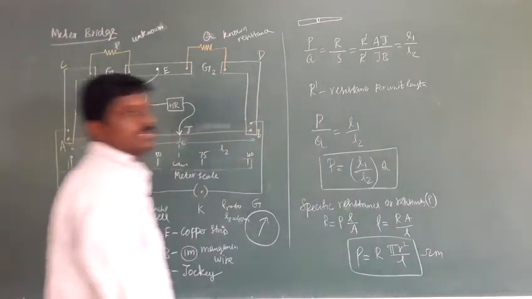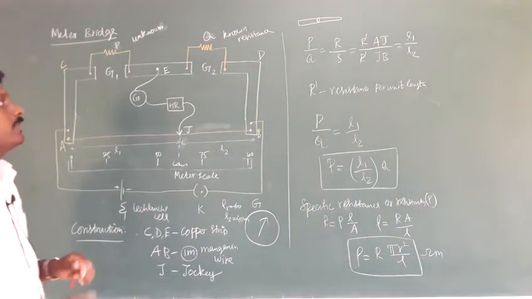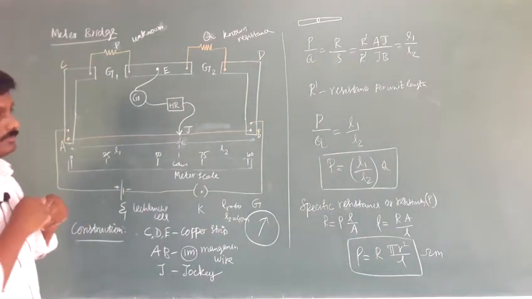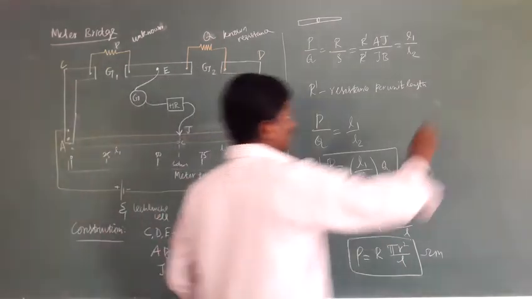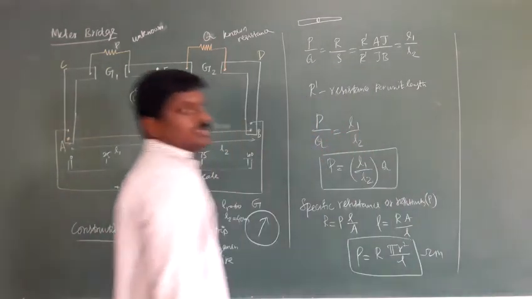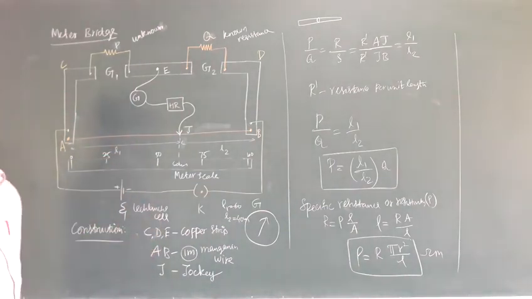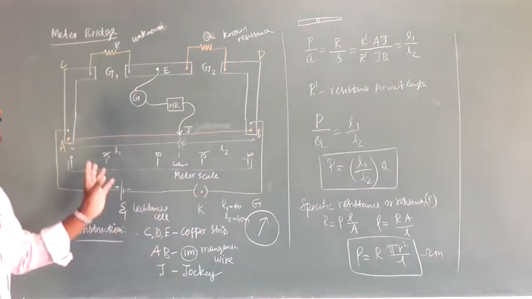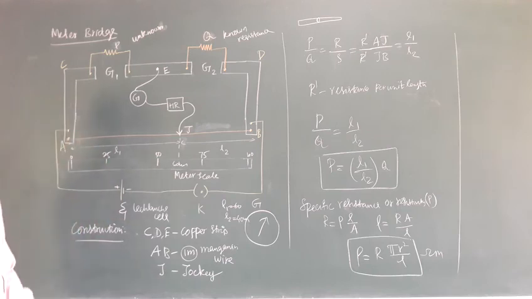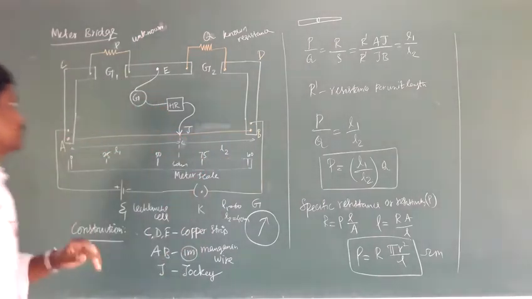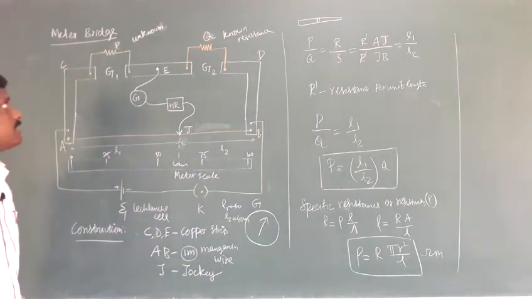It's an experiment you have in the public practical. The meter bridge carries 5 marks, both in the practical as well as in the theory. In the theory we study the concept or idea behind it. Then in the practical, we do the experiment. We are going to find the unknown resistance using the meter bridge. It's somewhat similar to the Wheatstone bridge.